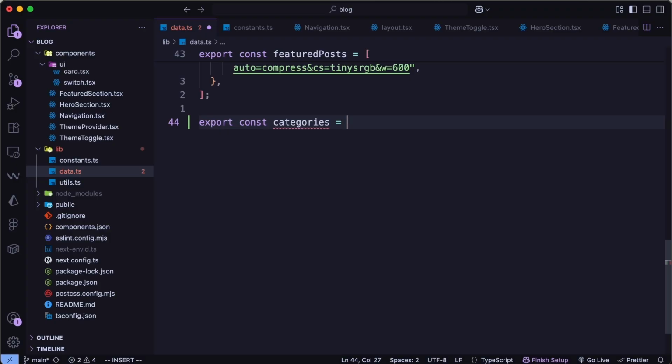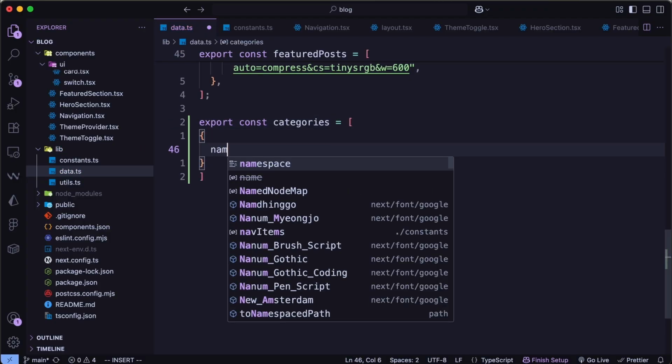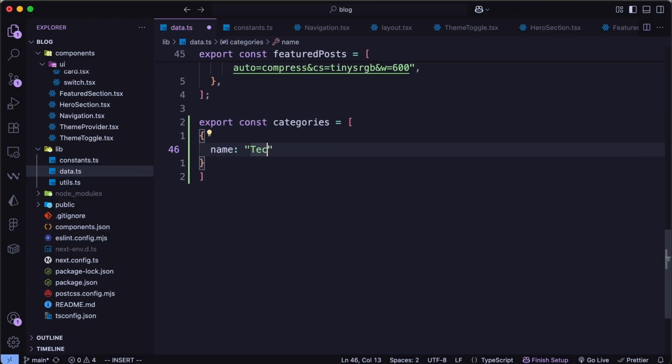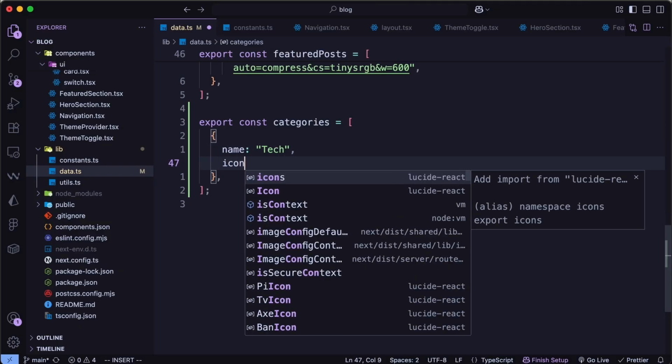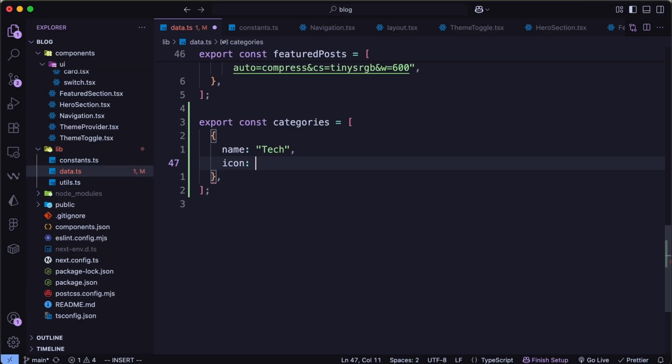Let's set it equal to an array of objects. First we need to have the name, and we can type Tech for the first one, and then we need to have the icon. So let's type icon, and what we can do over here is that we can get the SVG of the icon and paste the SVG code over here, and then we can use that in our component. So we can go ahead and use backticks,